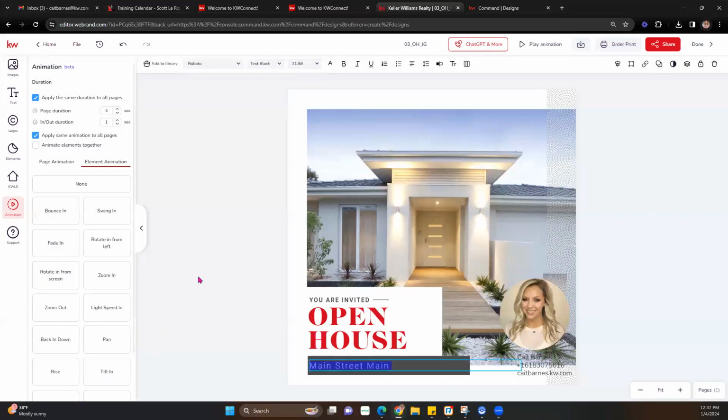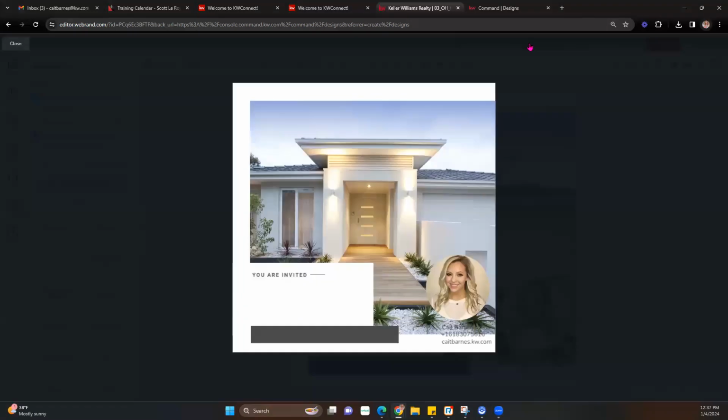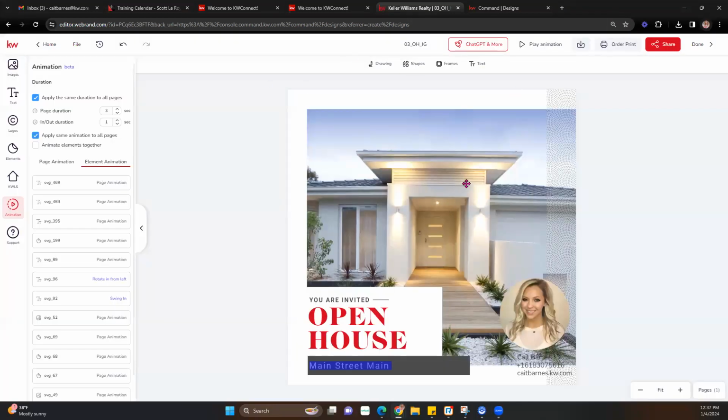Say I want to do it here as well. I'll just pick one to rotate in, and then I can play my animation. Now, once I'm done, like I said, and ready to go ahead and use that, I can go ahead and